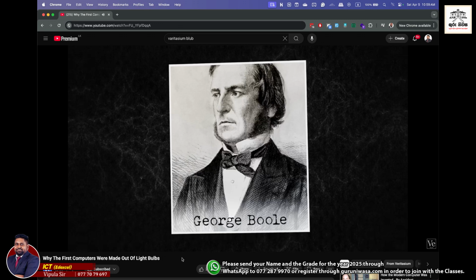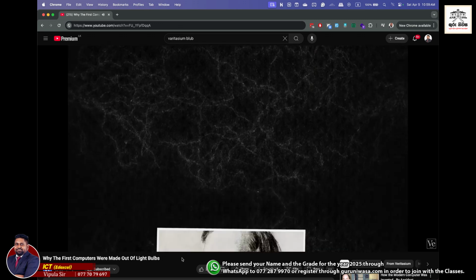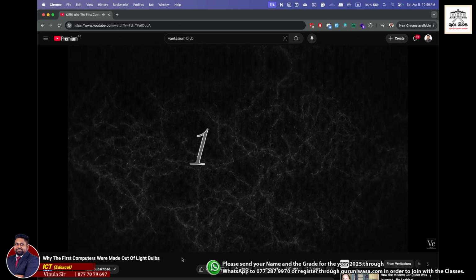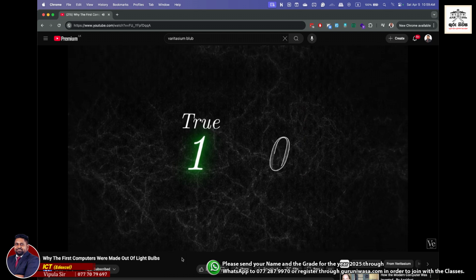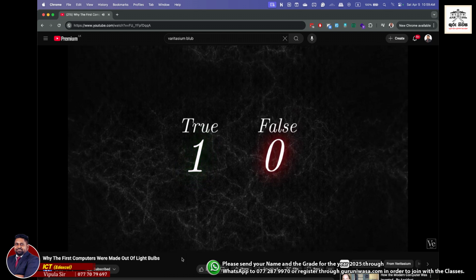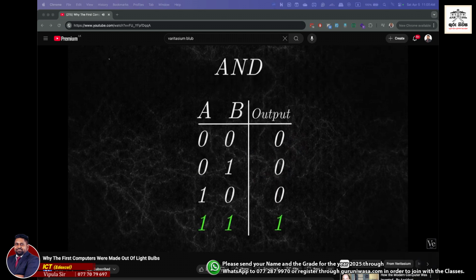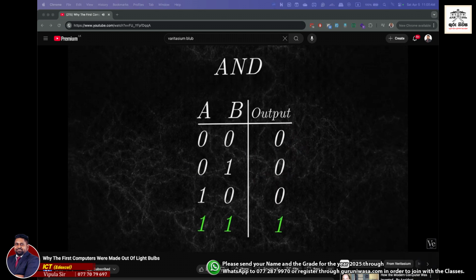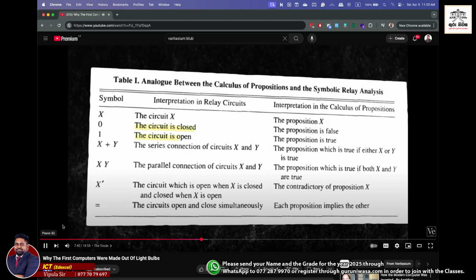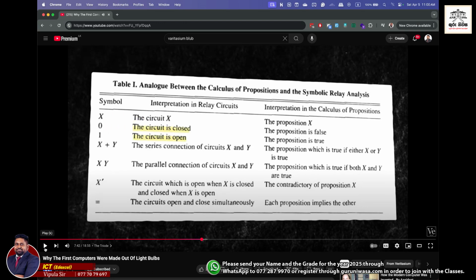Boole was trying to find a mathematical foundation for logic. Under his system, a true statement was represented as a 1 and a false statement as a 0. And Boole also developed a few operations, like AND. If both statements A and B were true, then the output would be true. What Shannon realized is that the